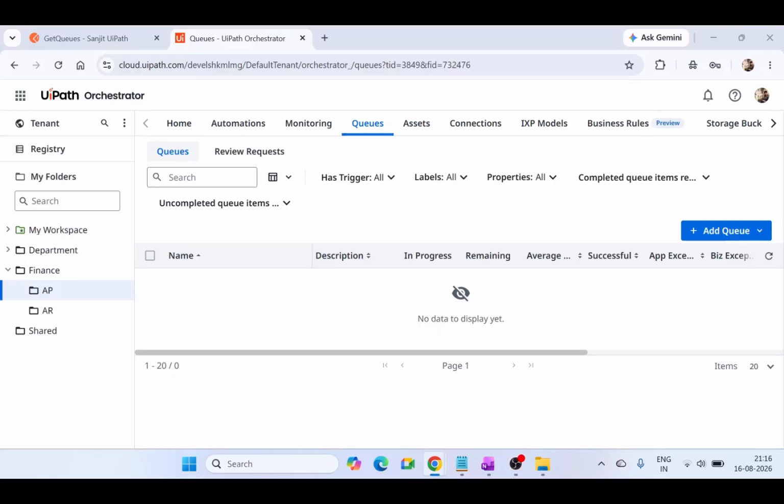Hey guys, so in our previous videos, we have generated the access token and retrieved the folders that were available across our orchestrator. So in this video, we are going to use that folder ID to manage our queues throughout our orchestrator. In this video, we are going to cover how we can create the queues, delete the queue or